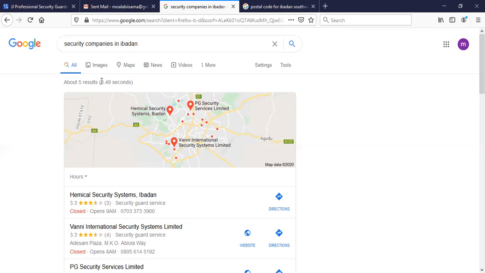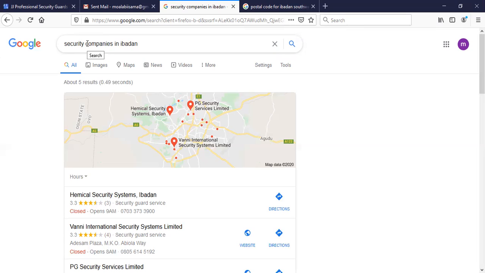So I'm going to type in another keyword again: "best security companies in Ibadan". I'm using my phone again. Now, sometimes you will do that search and it doesn't show the map.